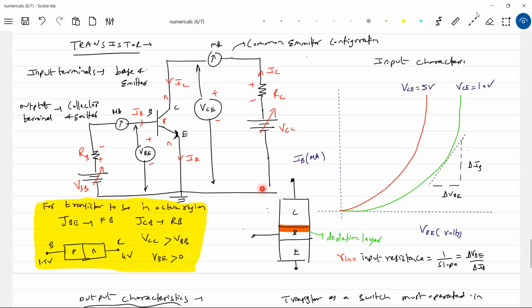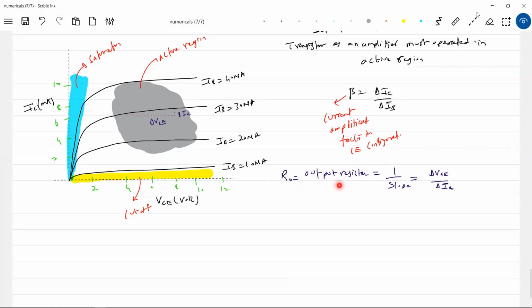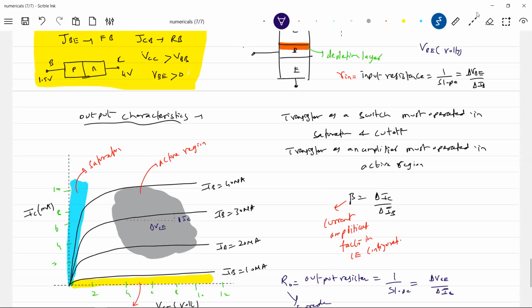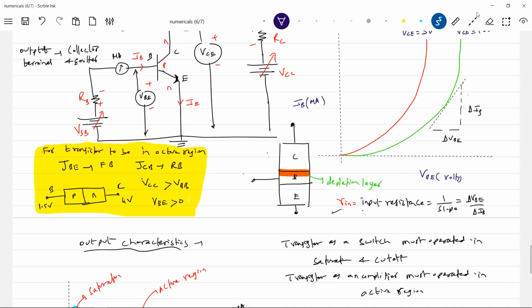But sir, you mean to say if you connect an ohm meter across the collector and emitter in this circuit, it will read some value, and that is what we are calculating. It will be very high, of the order of mega ohm, or of the order of 100 kilo ohms. The input resistance, sir, what about the range? This input resistance will be of the order of 10 ohm, 20 ohm.